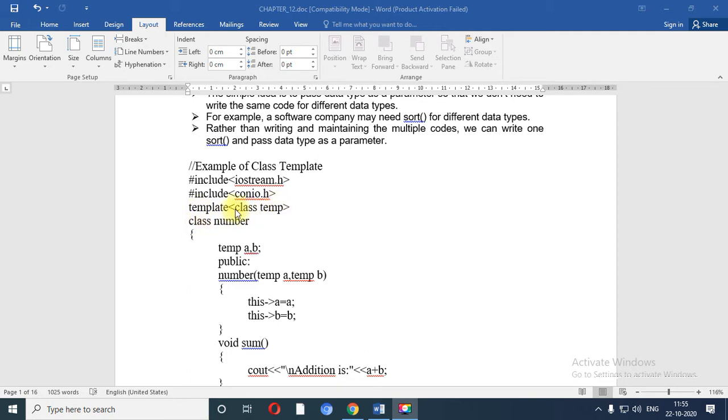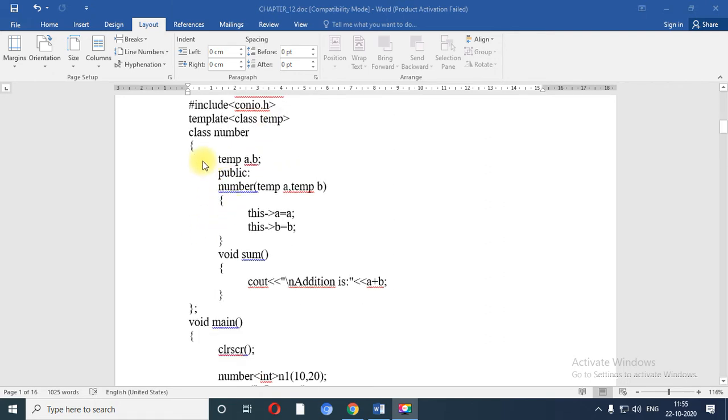So how can template be declared? Using template keyword, less than and greater than sign, and the class temp. Here you can give any name of template. Right now I have given the name of template temp, right?